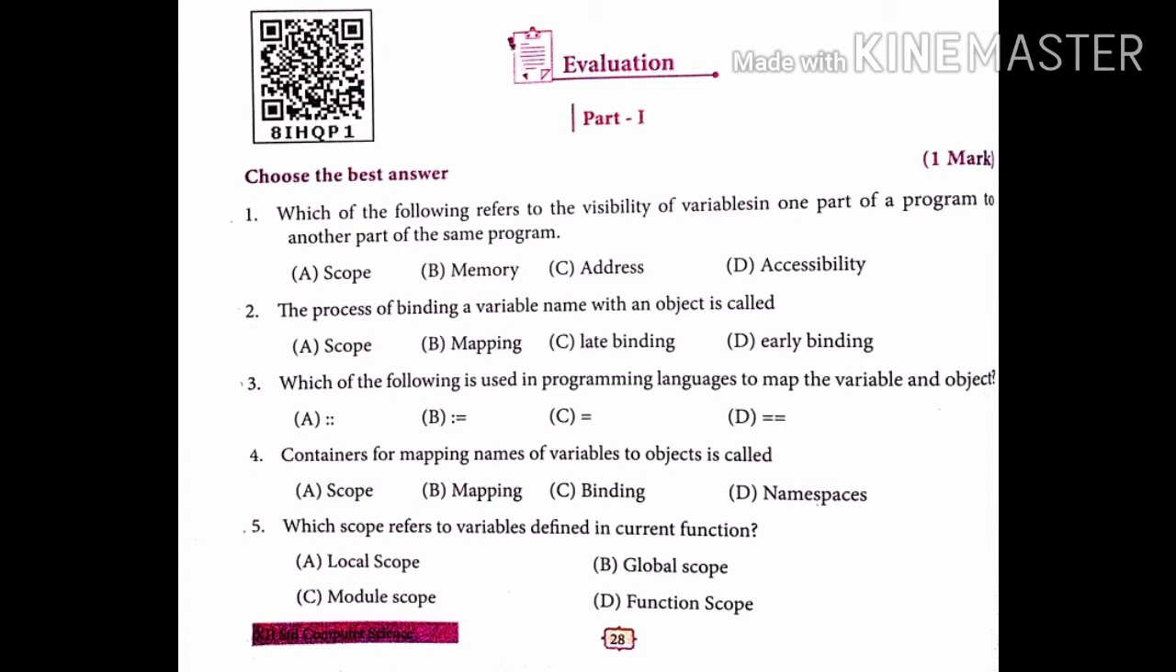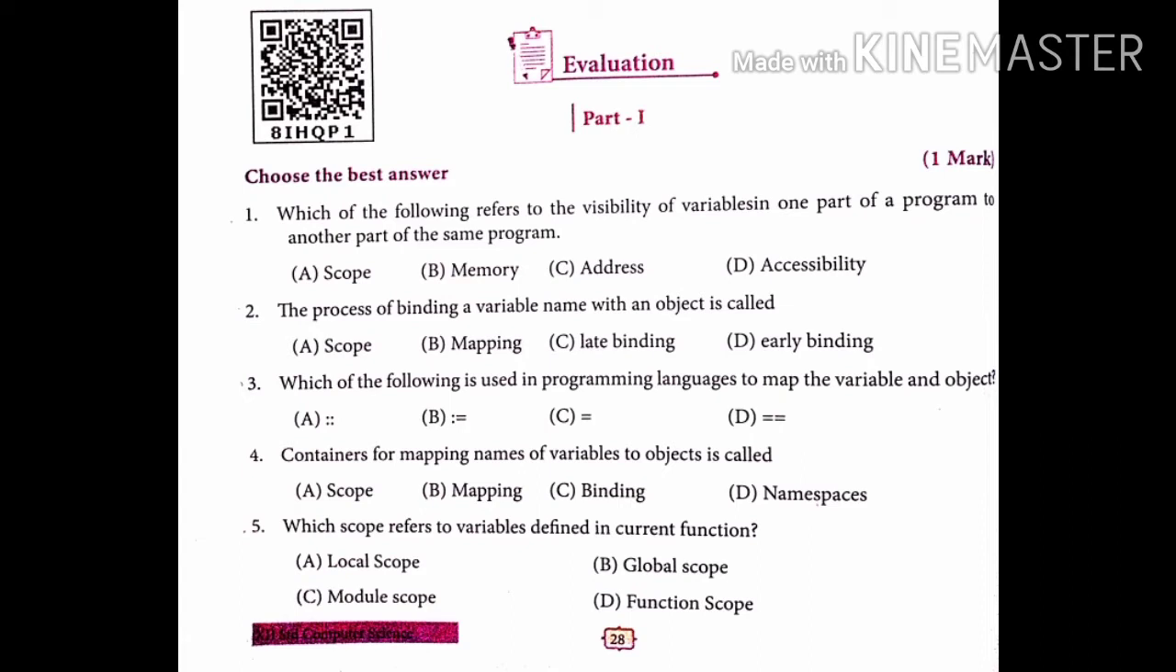Which of the following refers to the visibility of variables in one part of a program to another part of the same program? I know that you all know the correct answer. Yes, the correct answer is option A, scope. Up next, second question. The process of binding a variable name with an object is called, yes, absolutely, it's option